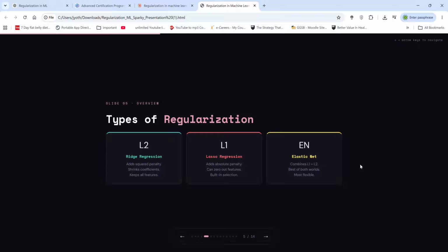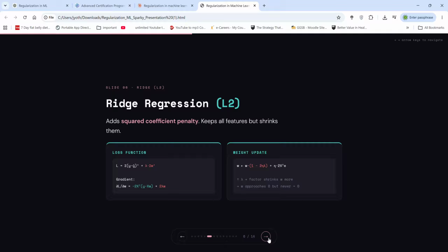And elastic net is the combination of both the lasso and the ridge regression. Now, let's dive a little bit into ridge regression. As I said, in ridge regression, we have an OLS function. This is the cost function that we have already seen in the first video and in the first slide. Plus, we are adding the lambda here. Lambda is known as the penalty term, which controls the penalty. And then here we have the summation of W square.